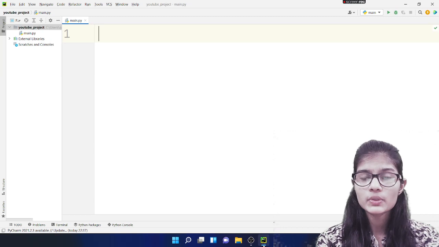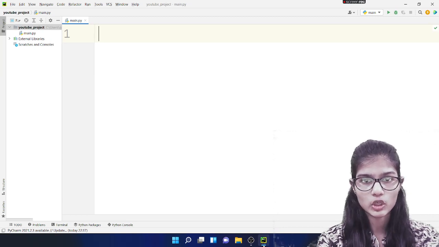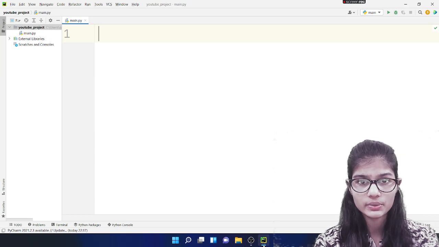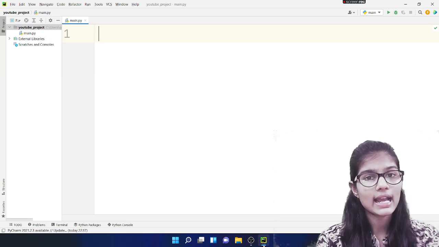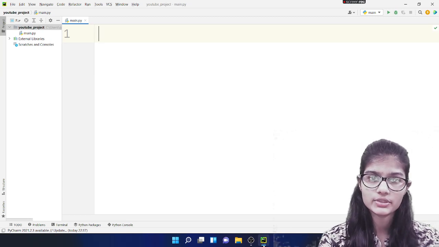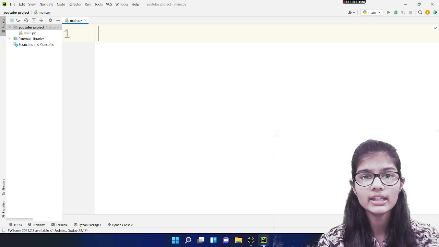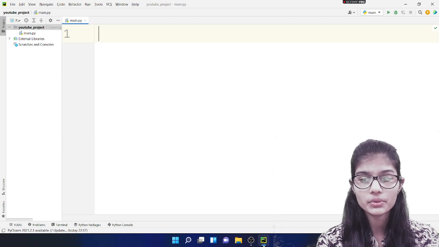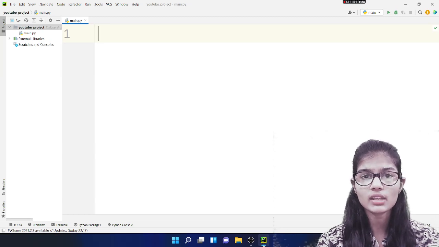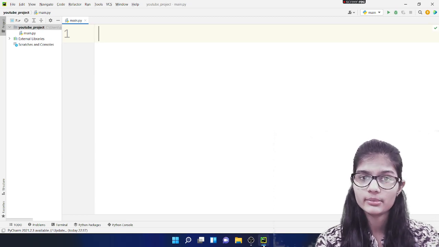As we are going to make a digital clock, that is the main reason we are using this time module. And as I want to make a GUI digital clock, the reason we are using the tkinter library. Okay, so I hope I am very clear with both of the libraries that we will be using here. Now I would start writing the code, and meanwhile I would explain the relevant things.